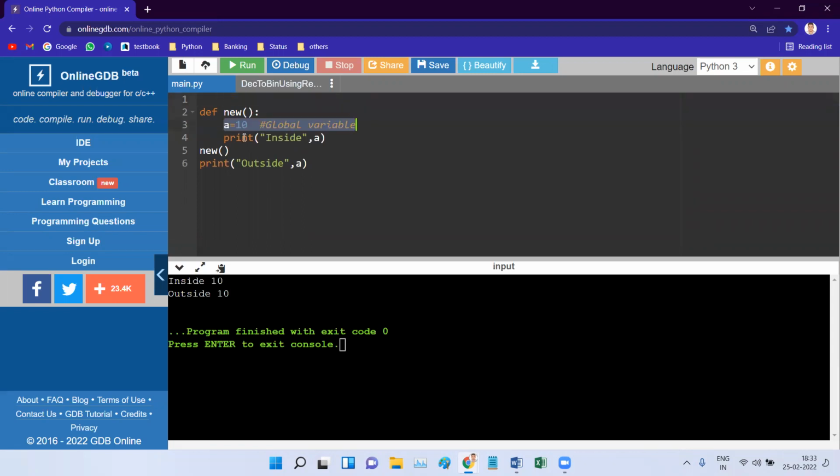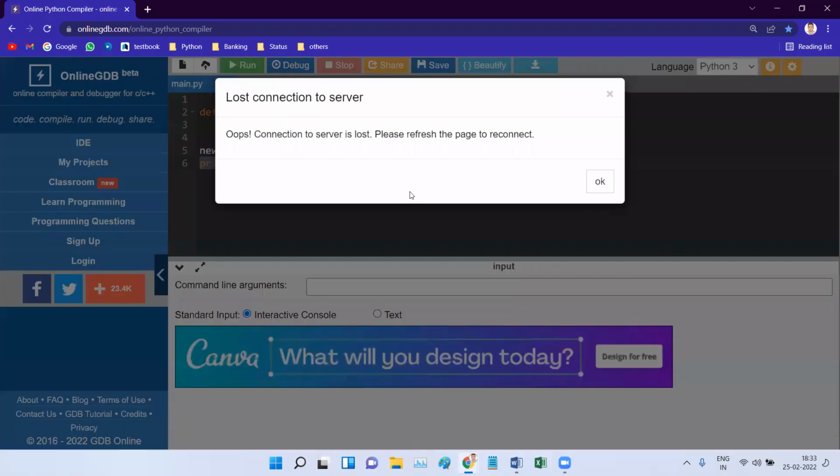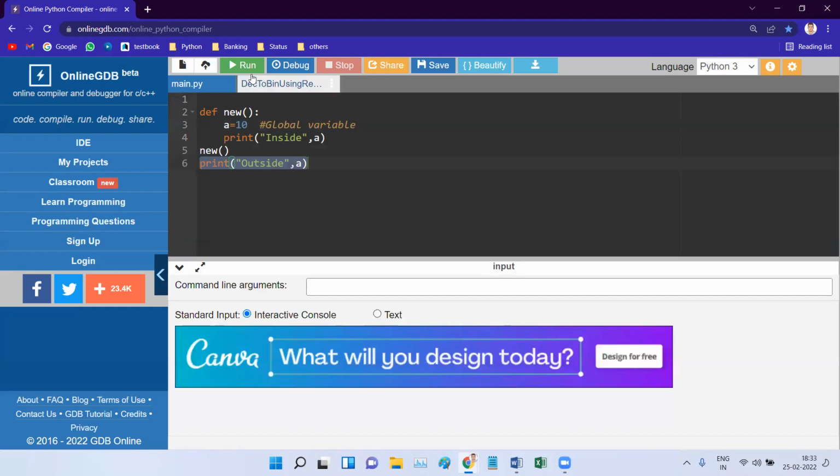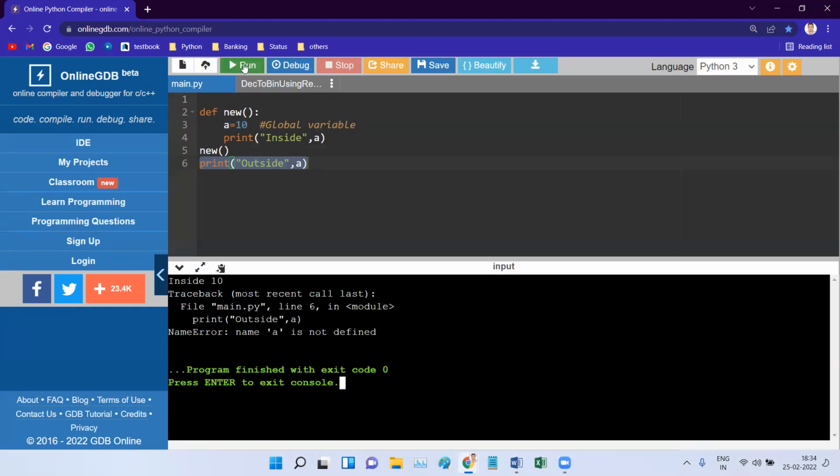But when I give it inside, it is accessible only inside the function. That means you can print it there, but it is not accessible outside. You cannot print the value of a outside the function. Let us run and see. It seems there is an error. The first line says inside value is 10.